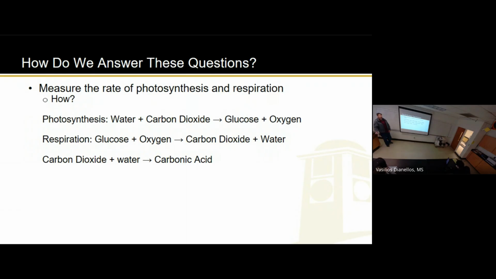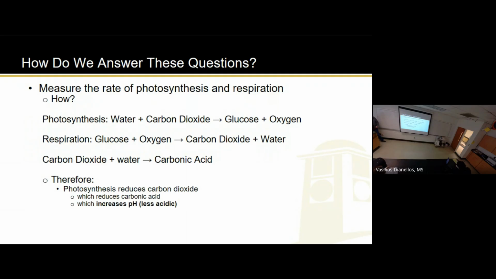So knowing that we're producing carbon dioxide, then which one of these is happening? Photosynthesis or respiration? Respiration, right? Because respiration produces carbon dioxide. Perfect. So you guys figured this out on your own, basically. Therefore, photosynthesis reduces the amount of carbon dioxide, right? Because we know this. Photosynthesis uses carbon dioxide, right? So if it's using up carbon dioxide, that's going to reduce the amount of acid, right? We're going to have less acid.